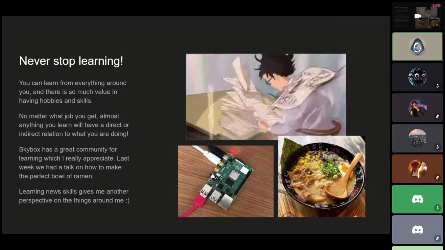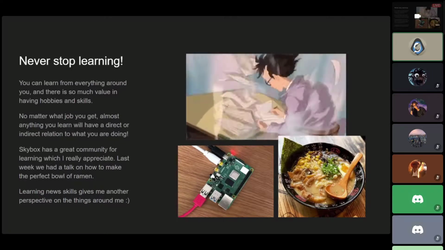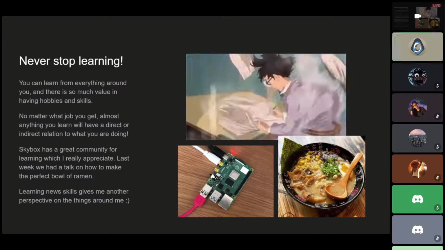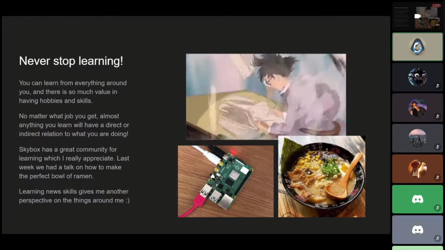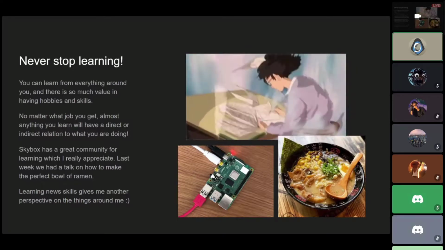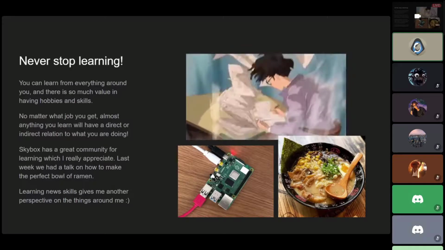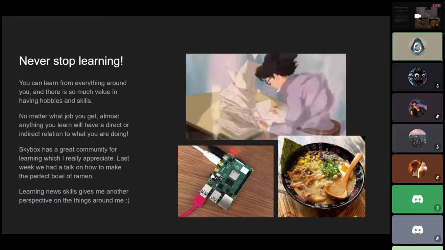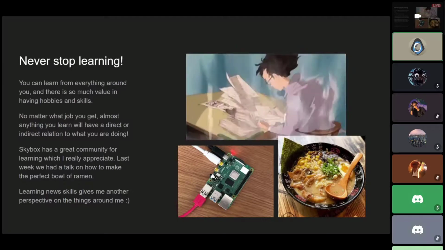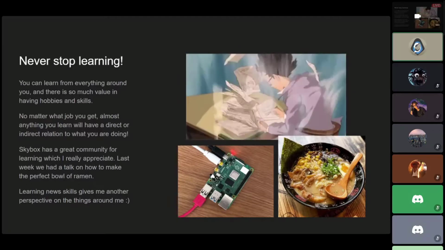I have a bowl of ramen here because somebody had a discussion on how to make the perfect bowl of ramen. But I actually got something a little bit more out of that. I started thinking about it as a designer. I'm like, oh yeah, that does make sense that you put different toppings in at different times, because the amount of broth that they soak up will have a direct relation to how satisfying the bowl is to eat at the end. So I don't know.